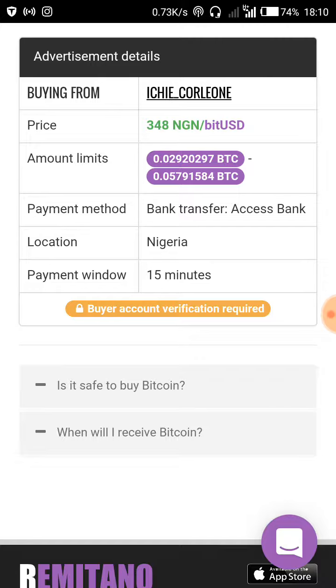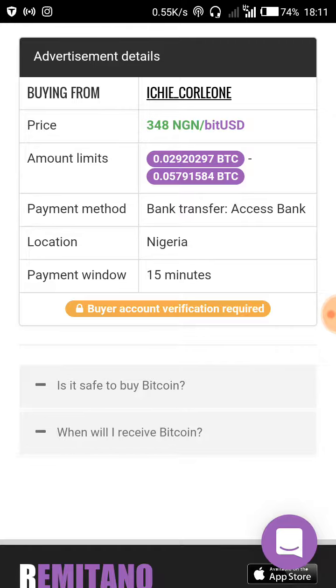Now, let me say this. Whenever you want to buy Bitcoin from any of these guys, okay, Remitano is an escrow service. What they do is they collect the Bitcoin from the seller and hold on to it. Once the seller confirms payment from you, Remitano will transfer the Bitcoin to you.